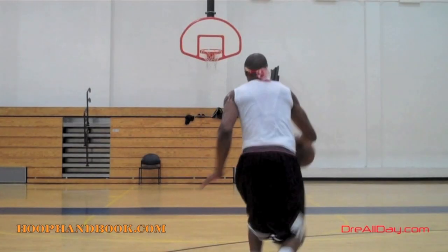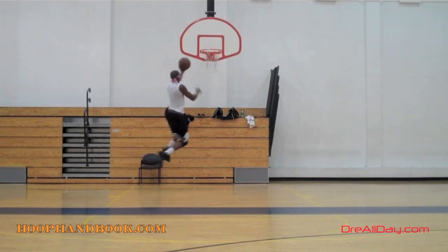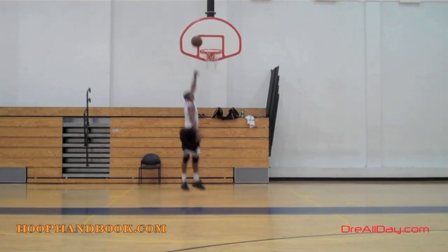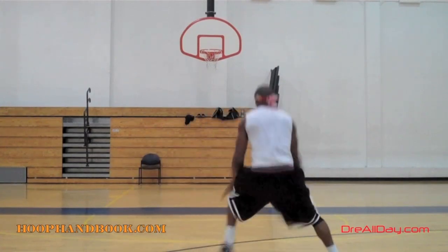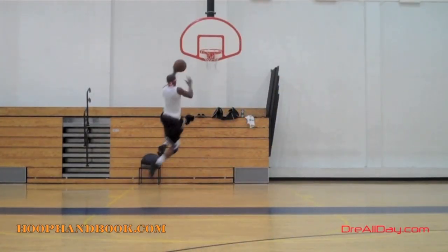Smooth as the hands up as I attack towards the middle of the floor. Hands up, dribble, in and out, 2 steps, and finishing with the left hand. If you're going to go left, especially if you're a right-handed player, you should be able to finish this way by taking your last dribble and going into 2 steps, left foot, then right foot, left, right, and finish with